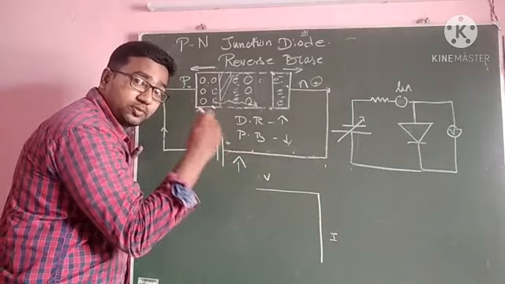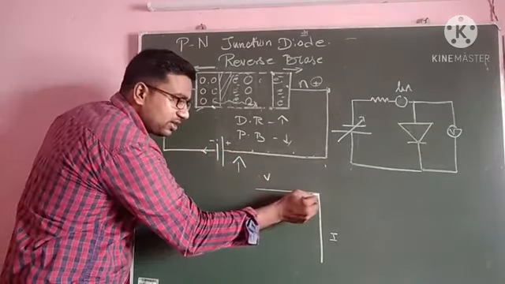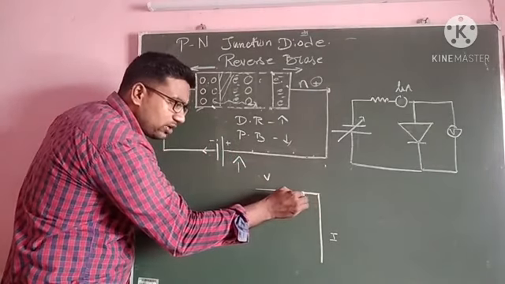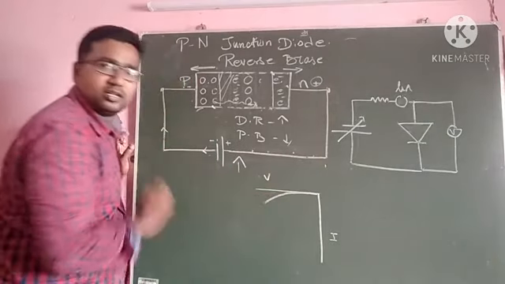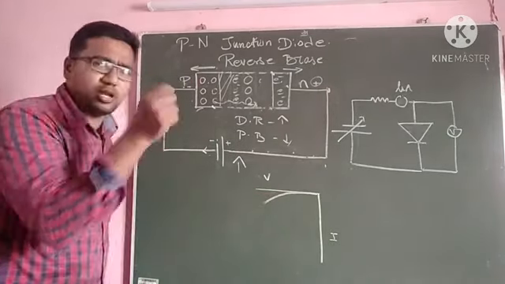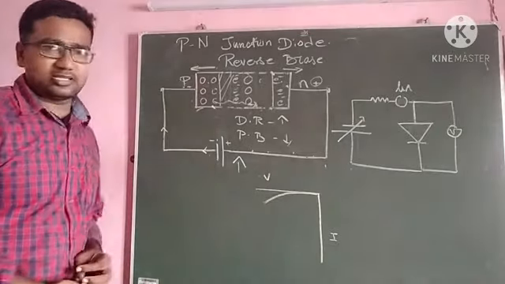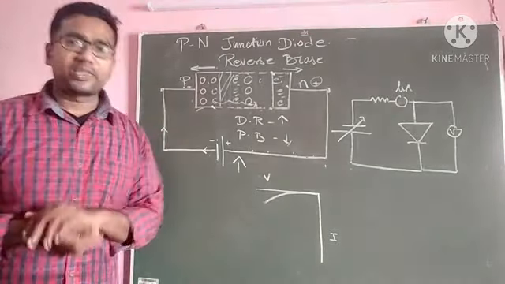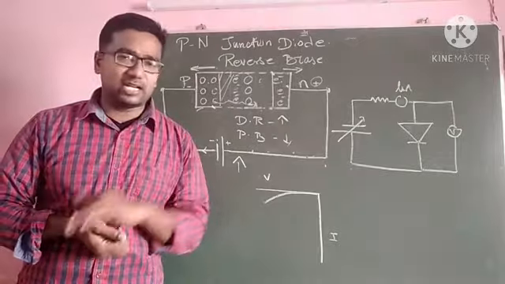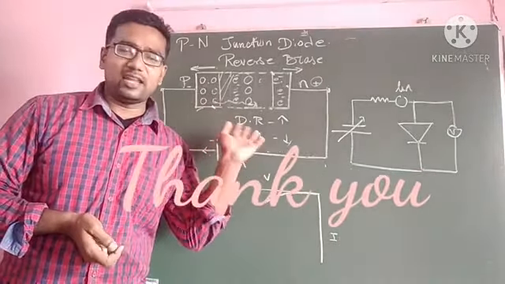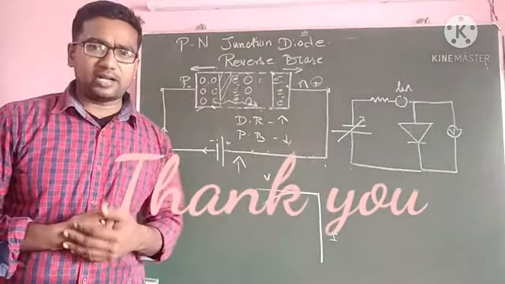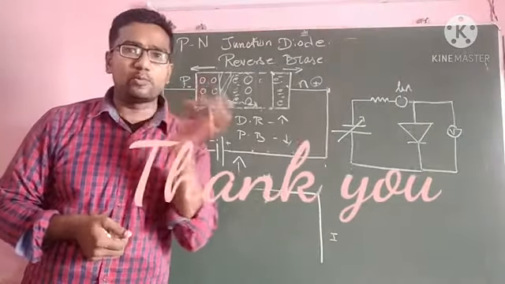If you reach the maximum potential, only leakage current is obtained, and that is measured by the microammeter. So we are getting a very feeble amount of current in reverse bias. So forward bias acts as a conductor, and reverse bias acts as an insulator. There is no flow of electrons. We are getting only a feeble amount of current.